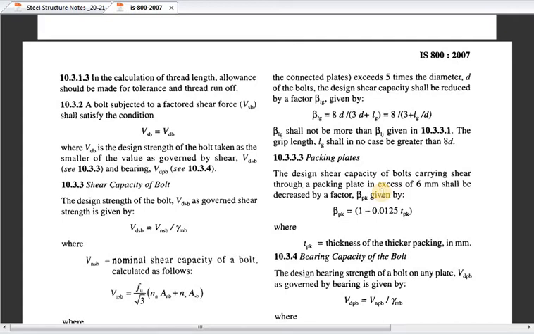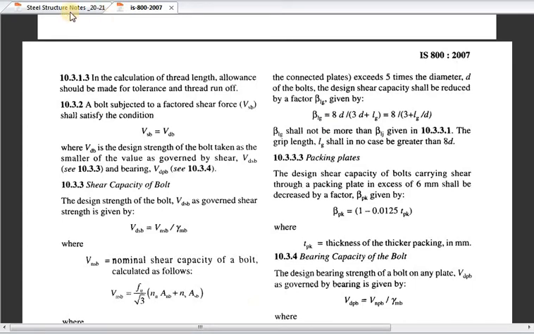Okay, suppose in some conditions only one condition is given, suppose the packing plate condition is given, and the beta Lj and beta Lg conditions are not given. At that time we can assume these two as unity, one. But the packing plate condition we have to satisfy depending upon the problem given. So in some cases, out of these three conditions, only one condition is to be considered. That means the remaining two conditions we can take directly as one.